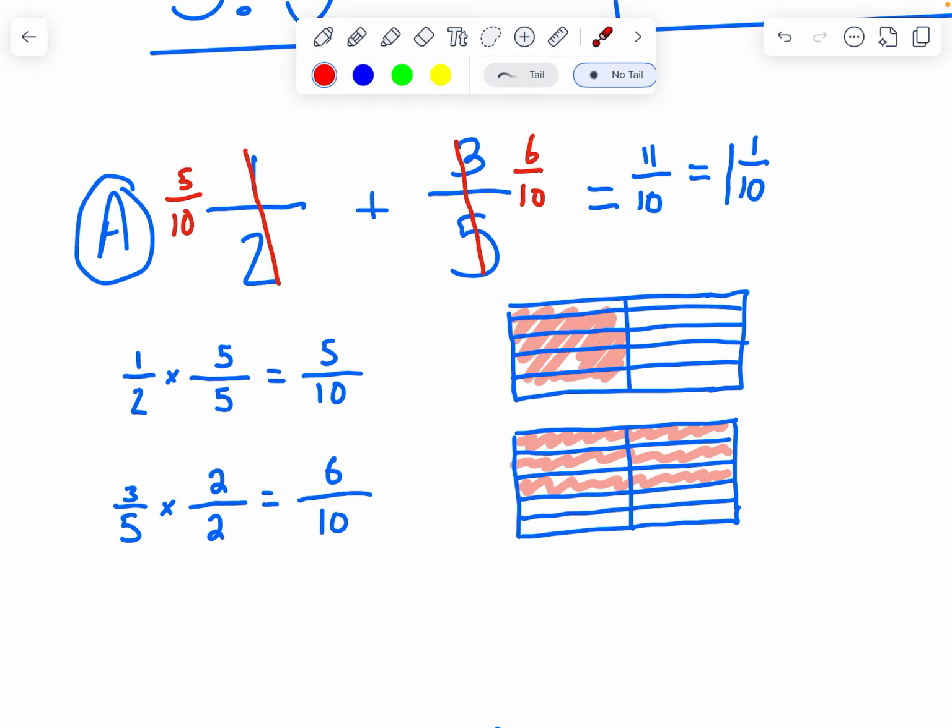1, 2, 3, 4, 5, and I can also see tenths. 1, 2, 3, 4, 5, 6, 7, 8, 9, 10 tenths. So I can see that a half is just 5/10. So see, this picture shows what happened over here. It shows that 3/5 is 6/10,